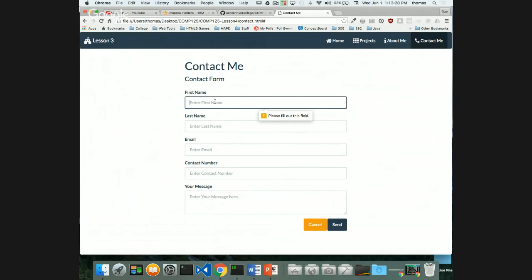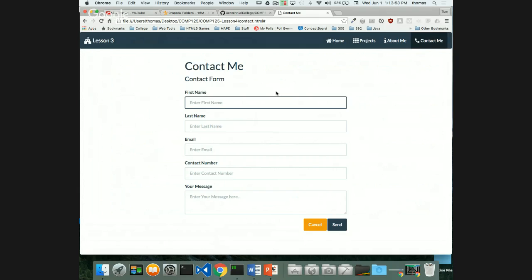It starts doing some validation. Look at the difference here. Before, my anchor tag didn't do anything, but now it does. Now it's saying, hey, if I click send, it says, please fill out this field. So buttons have that kind of use. I've changed it from an anchor tag into a button. I want to still keep my cancel button as an anchor tag though, because if I change this into a button, it's still going to ask me for this,